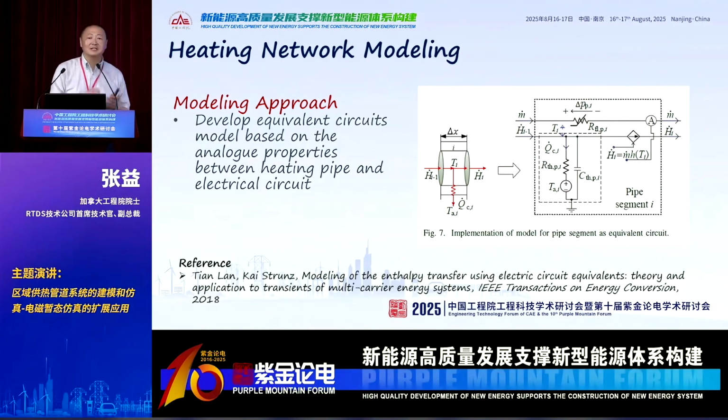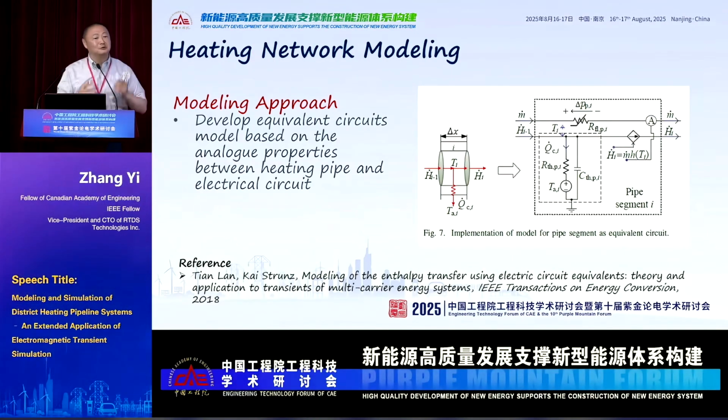So 因为这个热在这个管道里流，那里面很热，外面很凉。那实际上环境很冷的话，温度如果不一样的话，它肯定有损耗，它要流出去。